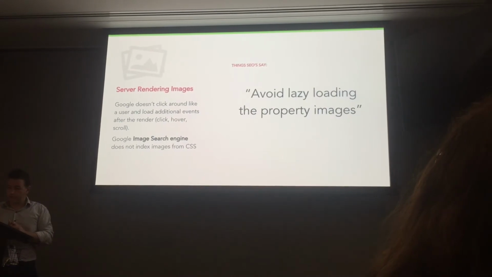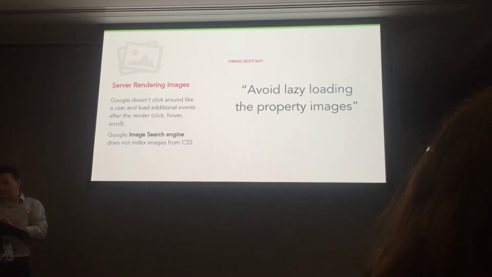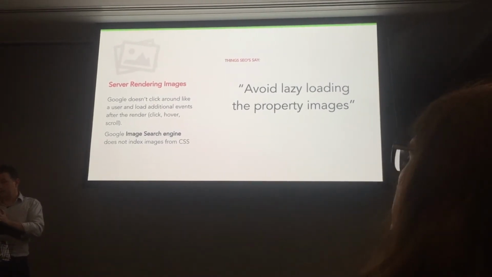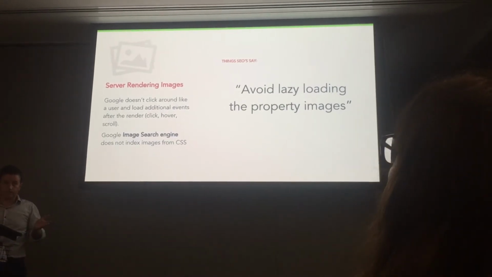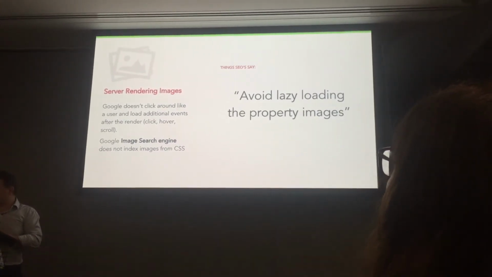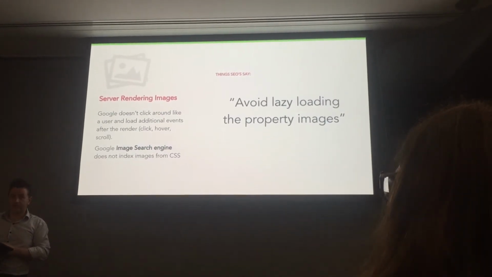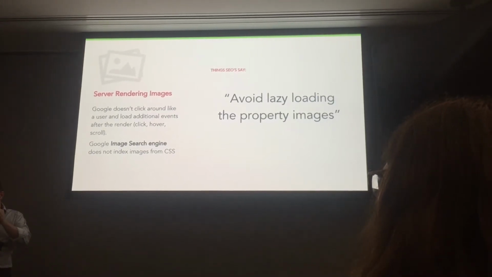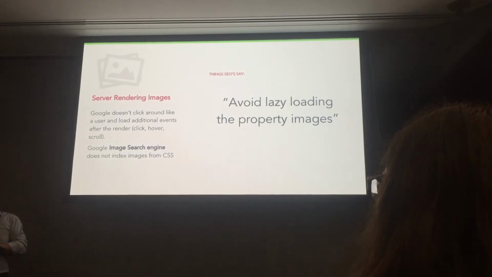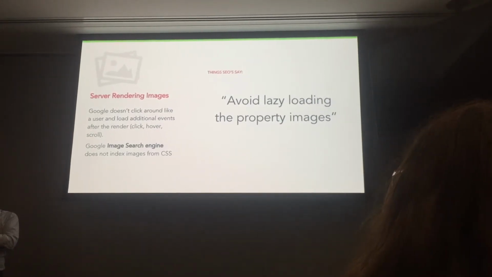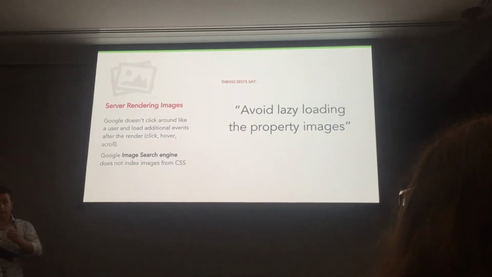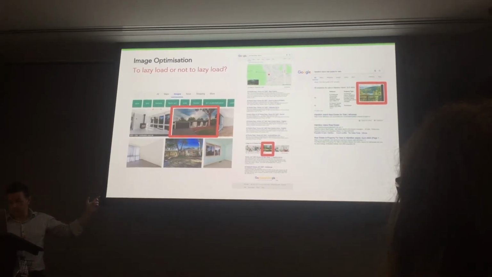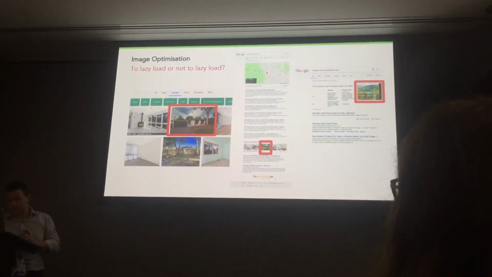And this one here is server rendering of images. There's a general rule to avoid lazy loading the property images, but I understand there's a trade-off between page speed and image search. So one of the recent things that happened was they removed 31 tracking tags from all these marketing resource tags, and the page load time just suddenly plummeted. It was great. So avoiding lazy loading of images though means that you forego having your image shown up in these sections. It won't make it into Google Image Search, and although Google Image Search doesn't drive much traffic,